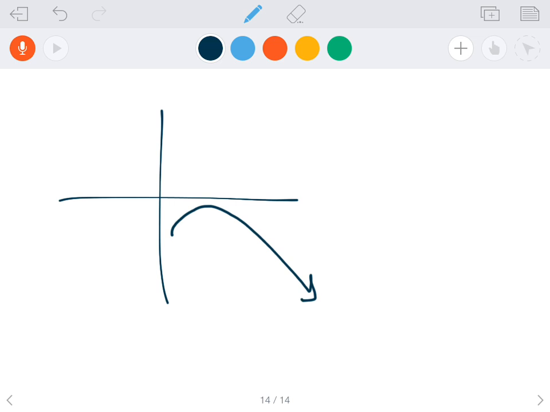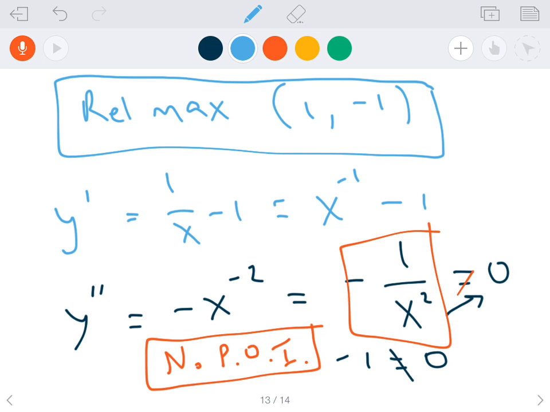And if we wanted to verify that, we could go graph our original function. If I graph my original function, I see that it starts here, goes up, and then goes down. And so sure enough, there is my relative max at the point 1, negative 1. And you can see that it's always concave down. There's never a change in concavity. And so it makes sense that I would get